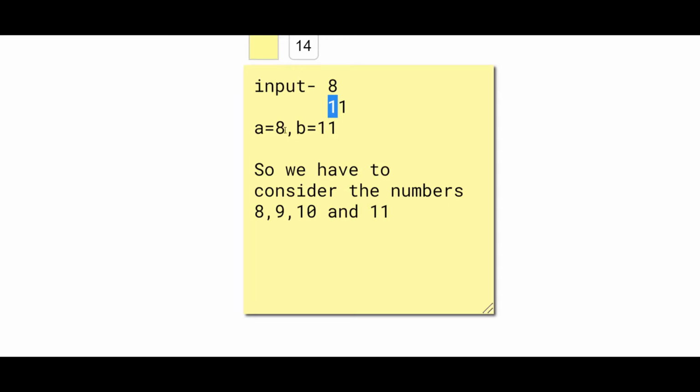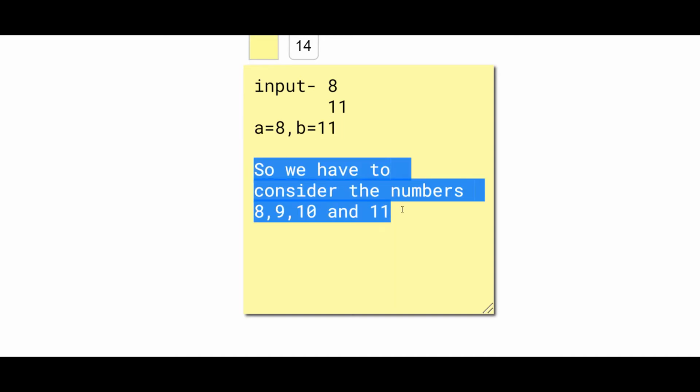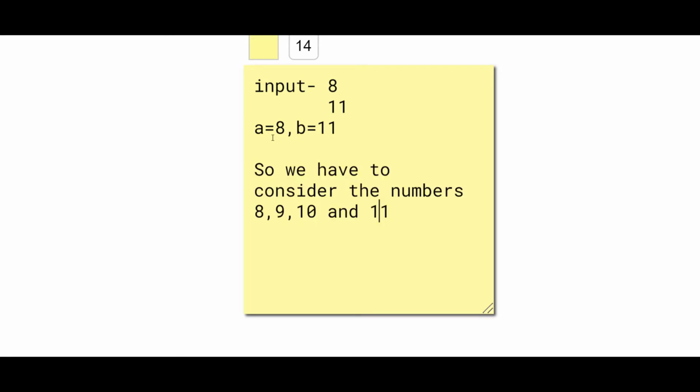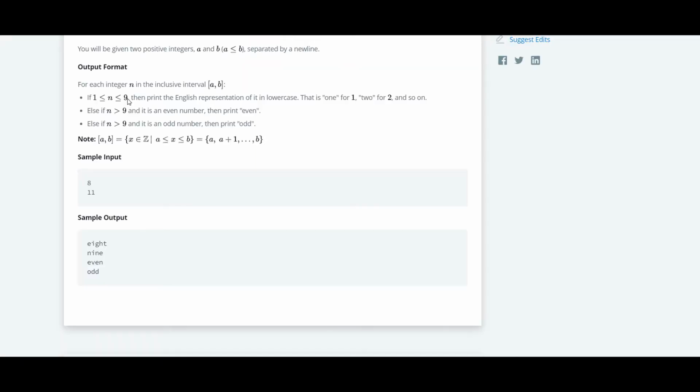So 8 will be A and 11 will be B. So we have to consider the numbers 8, 9, 10 and 11, including 8 and 11 and the numbers between them also.